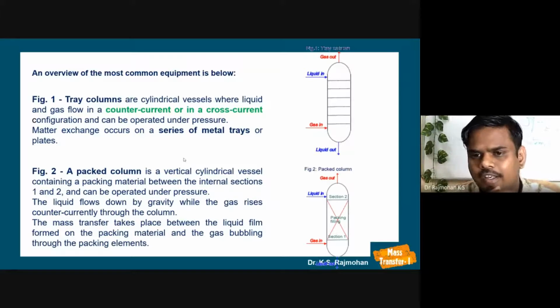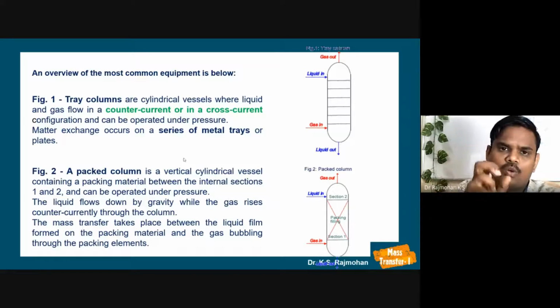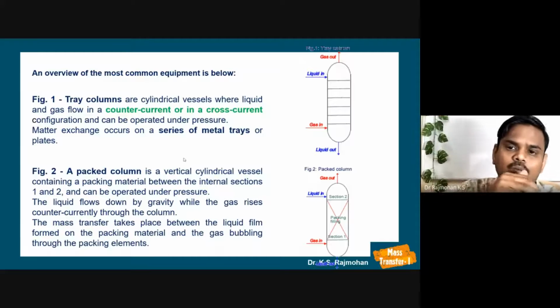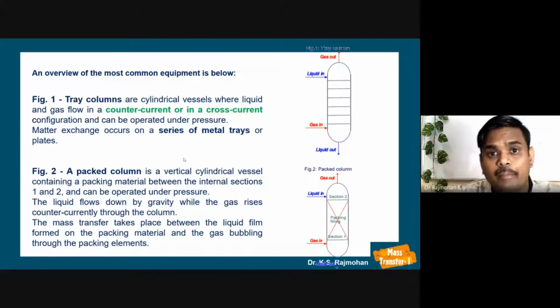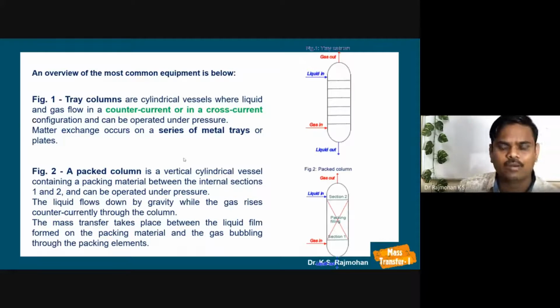30 centimeters. Because when it is small, we want a hand-hold to do the repairing, right? The packing material is there, cleaning has to be done. We will use manholes in it. But if it is, say for example, 1 meter in diameter, obviously the gap between them is going to be half a meter. So there will be manholes. A man has to enter into the column and then do the cleaning work or repairing work or maintenance work,